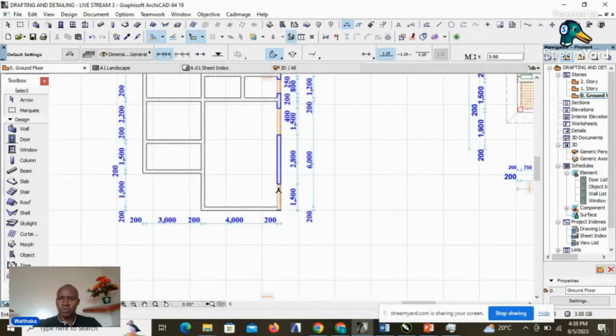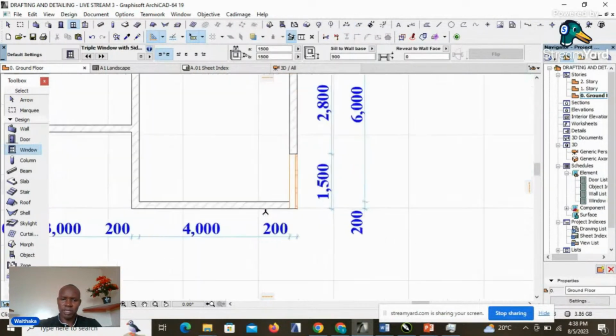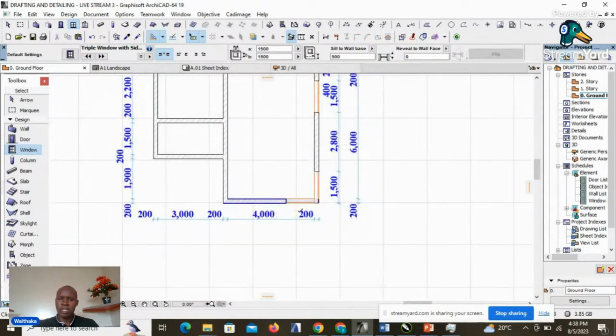So I will just pick the parameters for this window and insert it at this point, and this window again should start from the edge of the wall. Then I will use the same window and change the settings to 1200 from the information box. I'm able to do that, change to 1200,